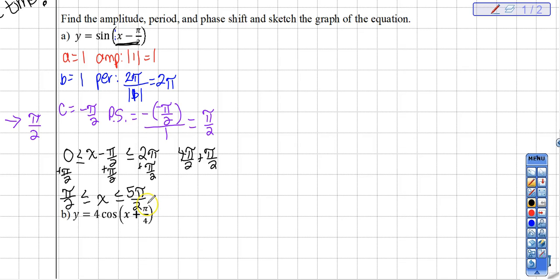That's still a distance of 2 pi, but now our sine function, what we're going to do is instead of starting at 0, 0, we're going to start at pi over 2, 0. And instead of stopping at 2 pi, 0, we're going to stop at 5 pi over 2, 0. So when we draw the graph,